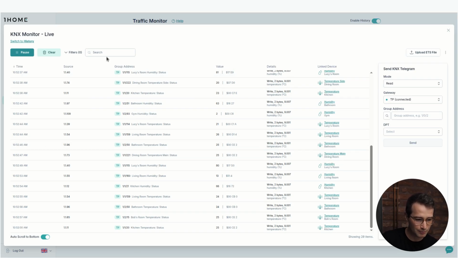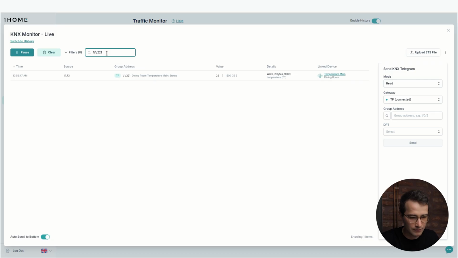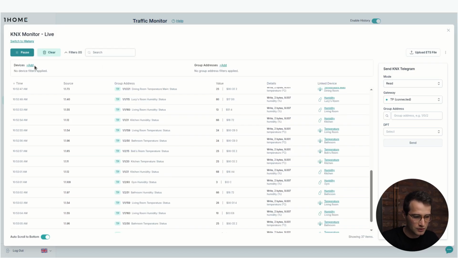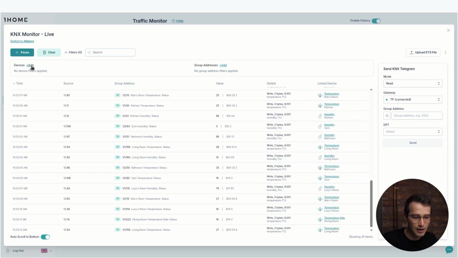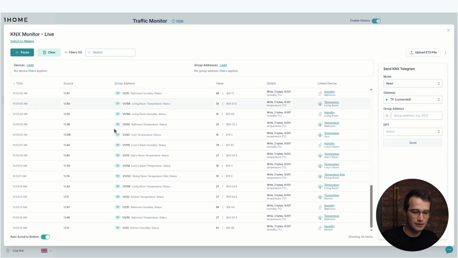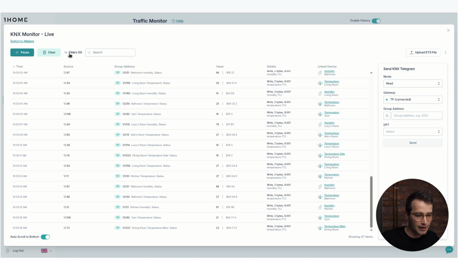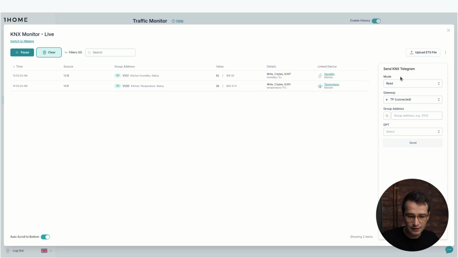We can also search by a group address, for example, 11221, we can see it's here. We can add even more filters to filter based on a specific device. Let's say if we have a thermostat, we could add it here and we would only see the telegrams from a specific thermostat coming in. And of course, we can pause, we can start, we can clear, and we can also send data directly to